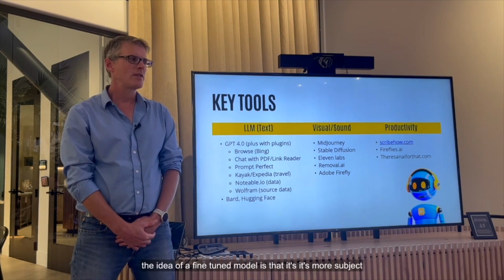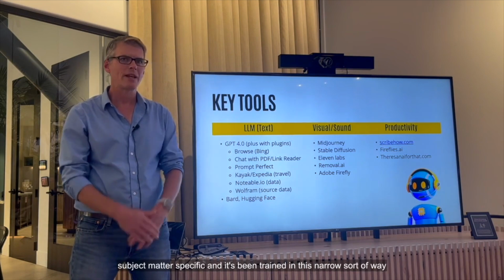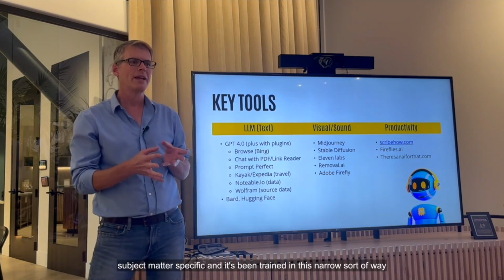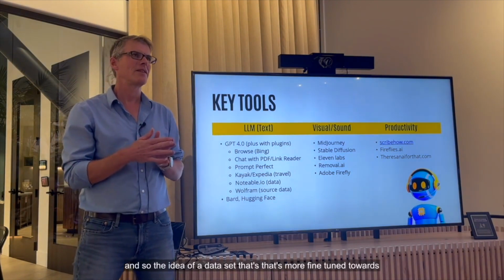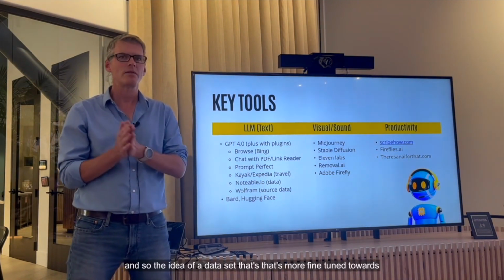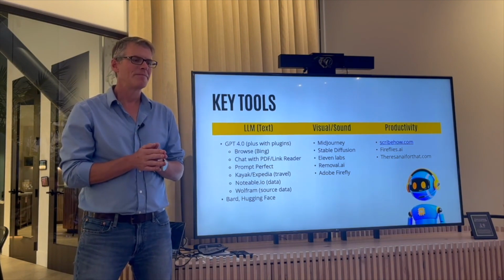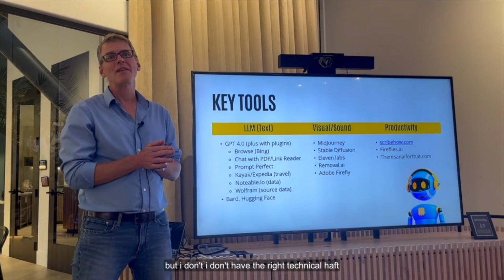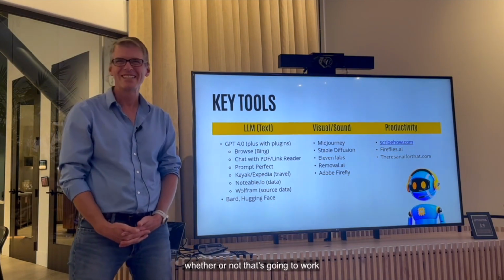The idea of a fine-tuned model is that it's more subject matter specific, trained in a narrow way, and that presets context. It's a data set that's more fine-tuned towards, say, law, something like that. But I don't have the right technical heft to really opine on whether or not that's going to work.